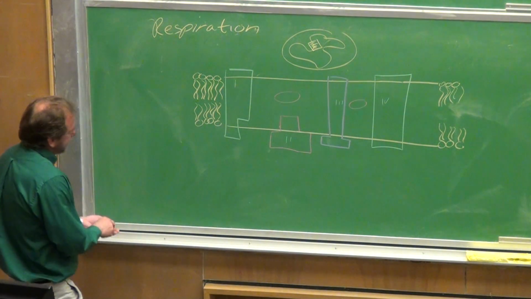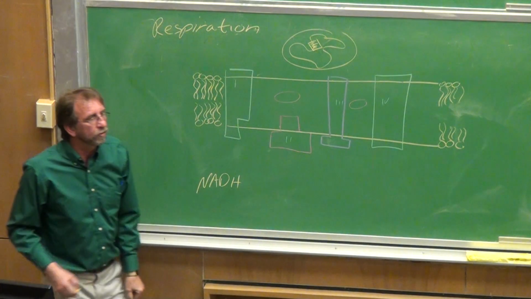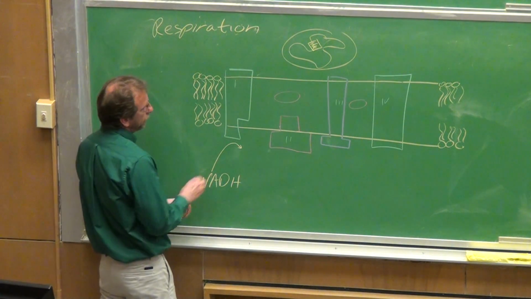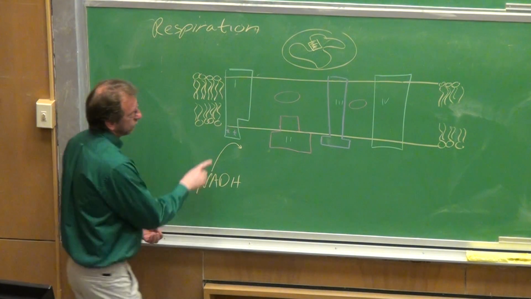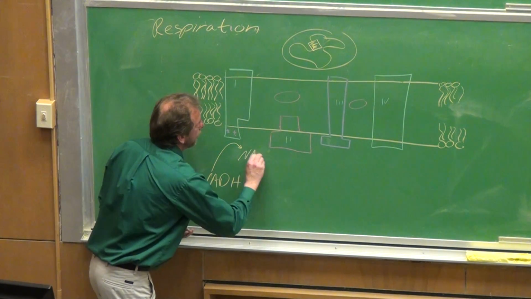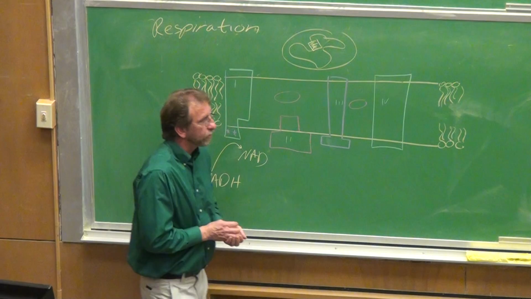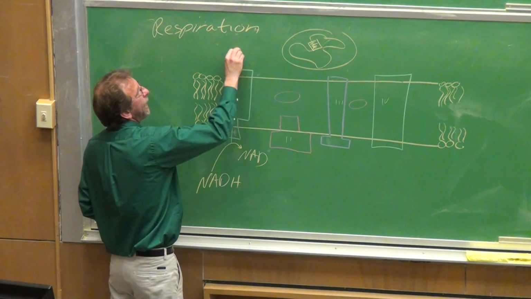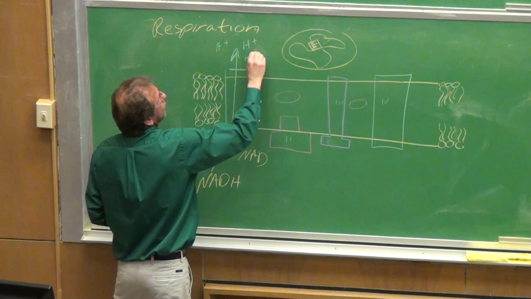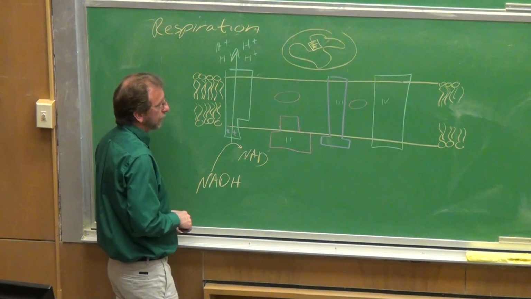So, I've got my NADH molecules, right? I've produced these NADH molecules inside the lumen of my mitochondria. This NADH molecule comes up here and transfers the 2 electrons that it's carrying to the embedded protein, if you will. And what this does in transferring these high energy electrons is it allows the protein to move some hydrogen ions out of the cell. So we are now moving hydrogen ions out of the cell with the transfer of these high energy electrons to